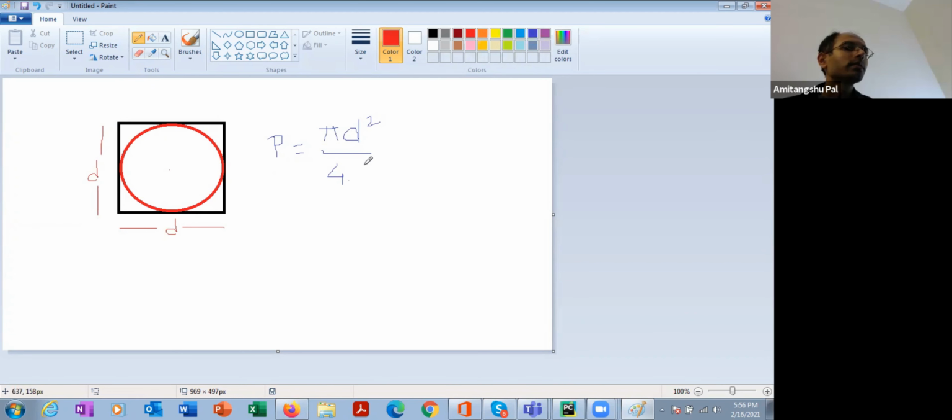Area of the square is d square. So the probability that your arrows will be inside the circle is pi d square by 4 divided by d square. So d square will cancel out. That means the probability that your arrows will be inside the circle is pi by 4.